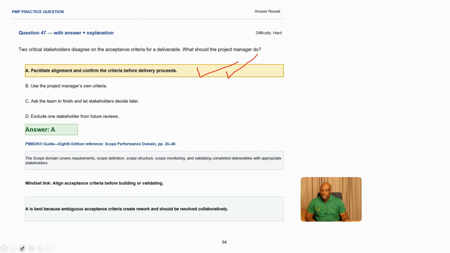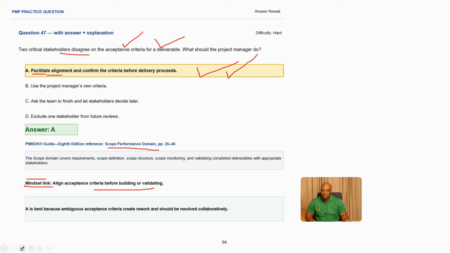Okay. You need to facilitate alignment and confirm the criteria before delivery. Facilitate alignment is very important. So the stakeholders who are disagreeing, you bring them together, make them align on the criteria to be used for that deliverable. You should be able to proceed. What is the reference in the PMBOK? It's scope performance, which is page 35. And the best mindset that you can also use to respond to this question is you need to align acceptance